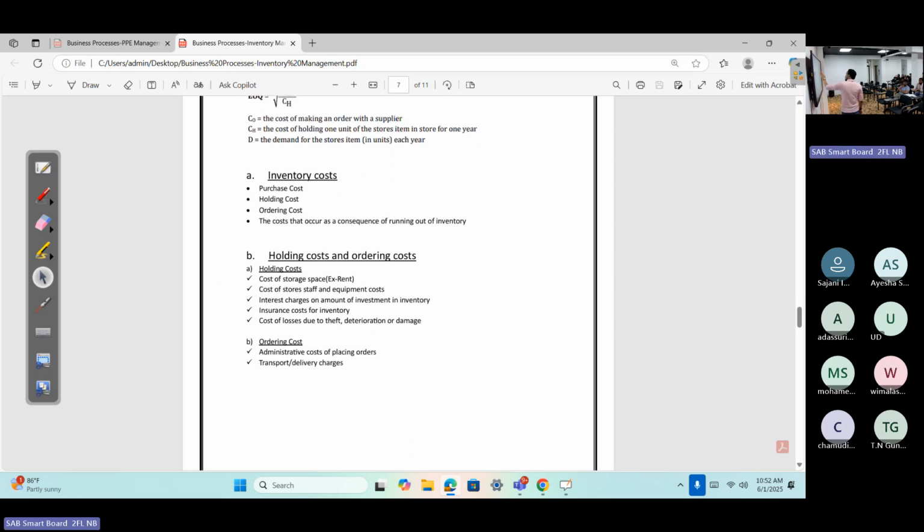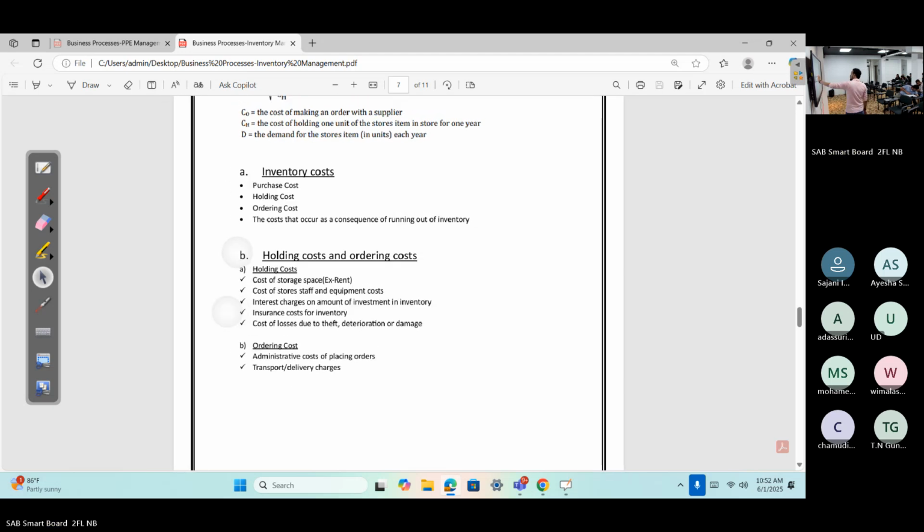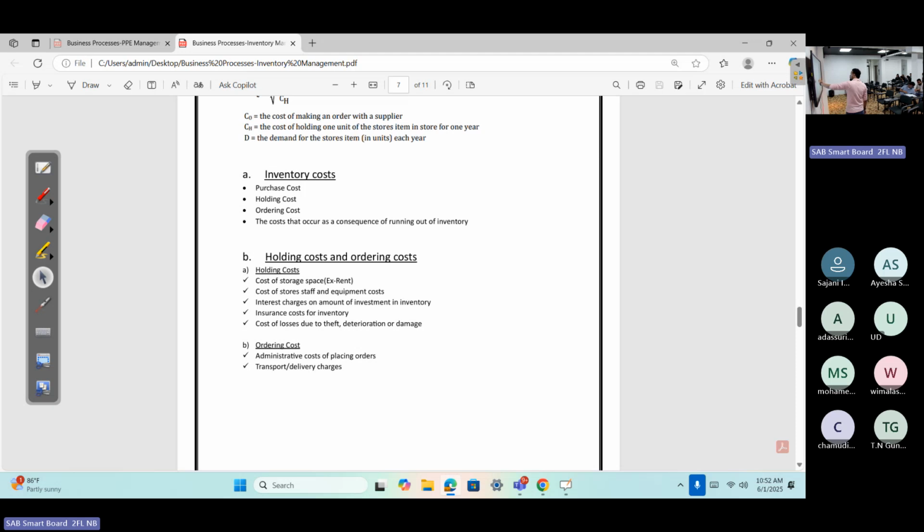Inventory costs include purchase cost, holding cost, ordering cost, and costs that occur as a consequence of running out of inventory. Holding cost: storage space, rent, staff and equipment cost, interest charges on the amount of investment in inventory, insurance cost, and cost of losses due to theft. Ordering cost,